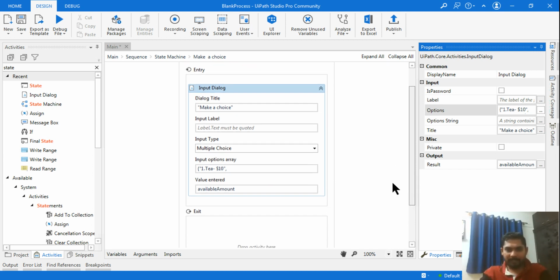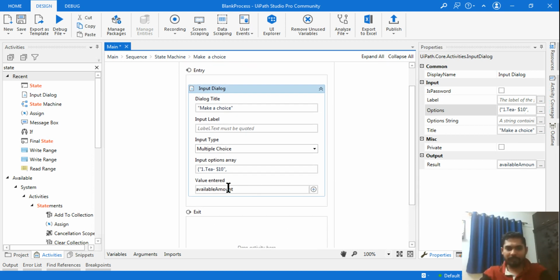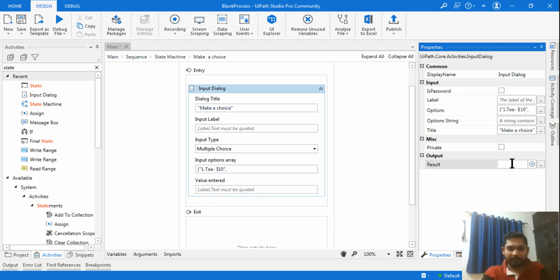Okay, so once it does, the choice, the user product choice, right? So the product choice, let me delete this variable, and I'll create a new variable called productChoice. Okay, so I'm making product choice, so it should be in camel case. So product P should be small, product C capital. Okay, done. I've created the variable.